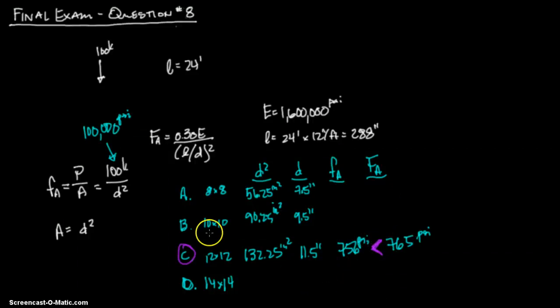And I guess, tell you what, if you say, well, maybe 10 by 10 works, maybe 10 by 10 has an FA of 760. It's not going to. It's going to be much less than that, and the FA is going to be higher. But let's go ahead and do that. So if you don't feel comfortable with that, you like to be thorough, that's all right. Say 100,000 pounds, sorry, 100 kips, divided by your D squared, which is also your area,